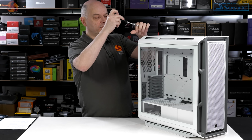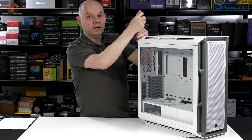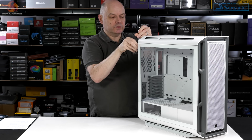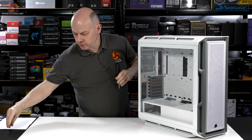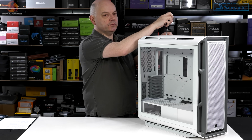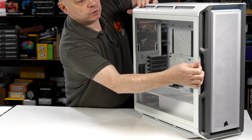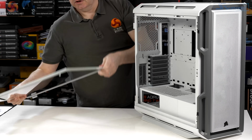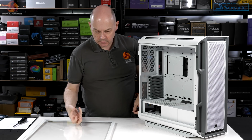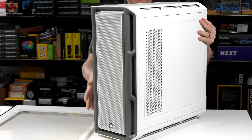Let's pull the panels off and then I can show you how the two cases are very similar and also how they differ. Take out these little locking screws on the side panels, which are just for security. Once you've received the case, you won't be needing these screws ever again unless you're intending to ship it somewhere. A swinging glass door, and away. 5000D has a completely different latching mechanism. Tempered glass, nice and solid. Around the back,